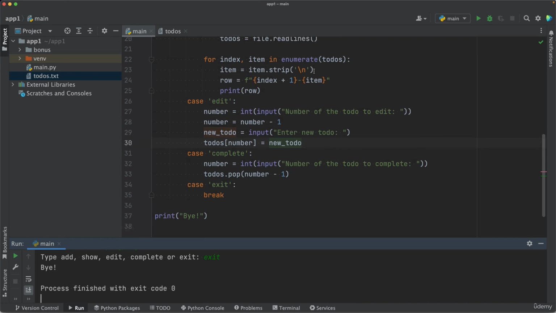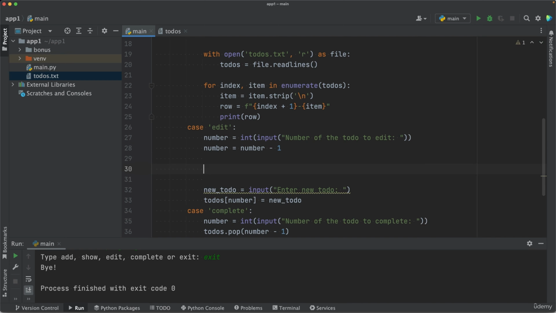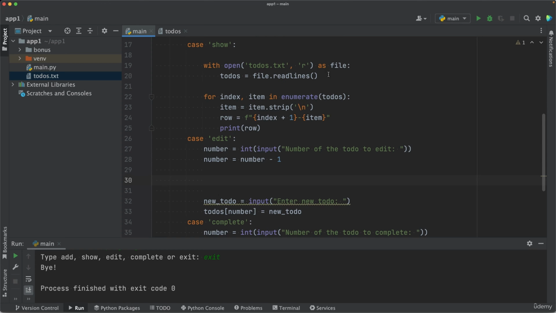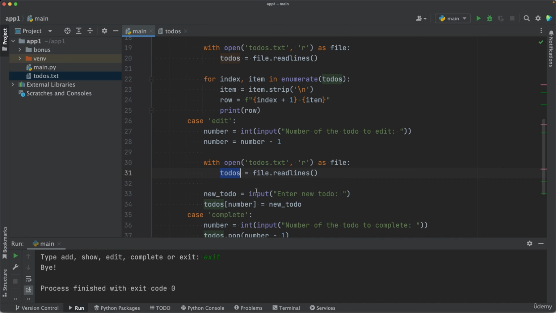Now you know that you can use the with context manager, but what exactly do you do here? Do you read or do you edit the file? Well, you do both. First, you want to open the file in read mode. So once you get the number from the user and you subtract 1 from that number, then somewhere here perhaps you want to get the existing list of to-do items. So in here I would get that with context manager and just copy it here. So that will give us the to-dos in a list, the existing to-dos in a list,